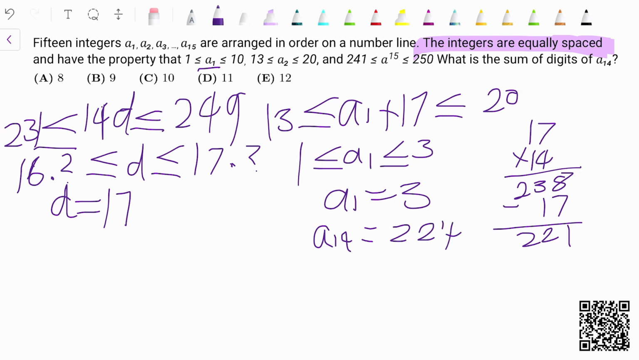means that A14 is equivalent to 224, which also means the sum of the digits of A14, 2 plus 2 plus 4, is equivalent to 8. Therefore, the answer is